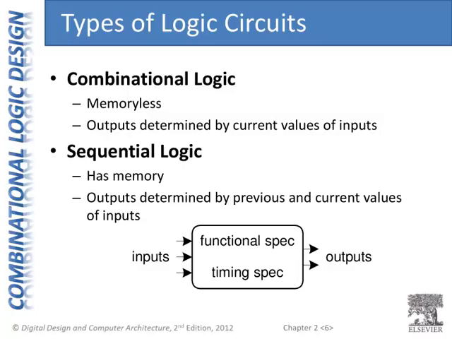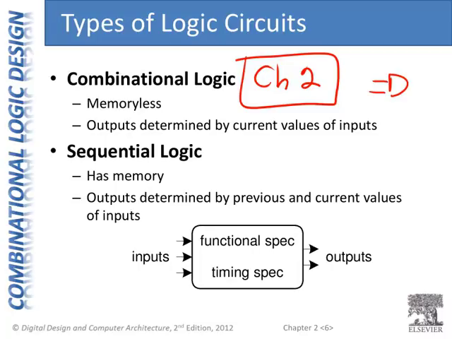There are two types of logic circuits. The combinational logic circuit that we'll talk about in this chapter, Chapter 2, like I mentioned before. Combinational logic circuits don't have memory, so they're memoryless. In other words, the output is completely determined by the current input values. An example of a combinational circuit is an AND gate. If I know the inputs of the AND gate, for example, there's a 0 on one input and a